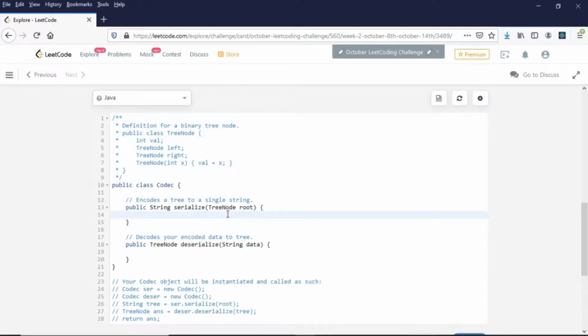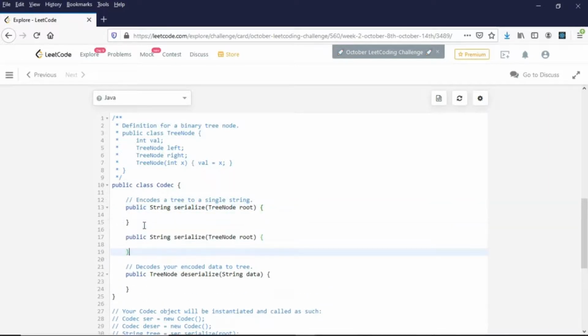So for the serialize, first we will do a recursive pre-order traversal. So I will just copy the same method name here.